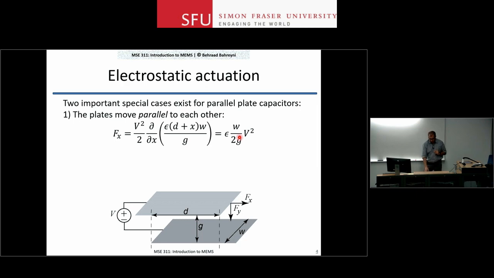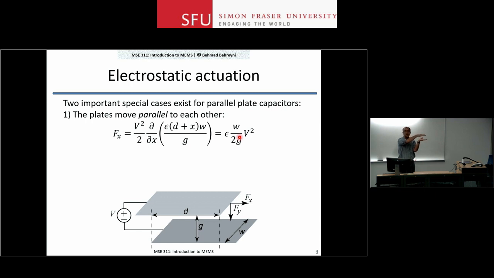The other situation we can look at is where the electrodes actually move towards each other. So I restrict the motion, let's say, in x and y, and I only let z change, or in this case, y change, right? So x is, let's say, parallel to the two electrodes, z is the other direction in plane, y is normal, right? So again, the bottom electrode is fixed. I can only move the top electrode in up and down motion like that, hold it in place somehow using a spring, for example,